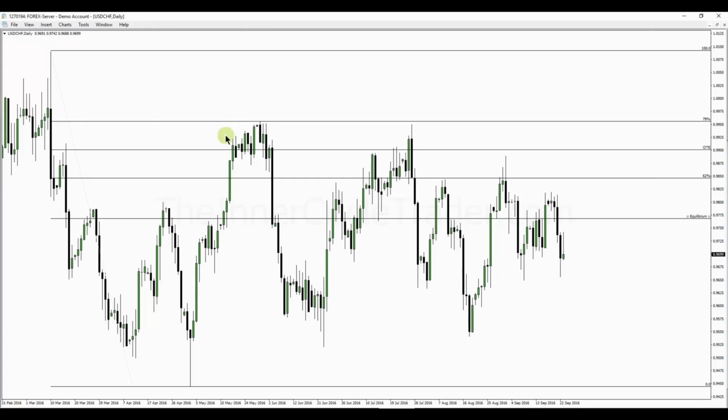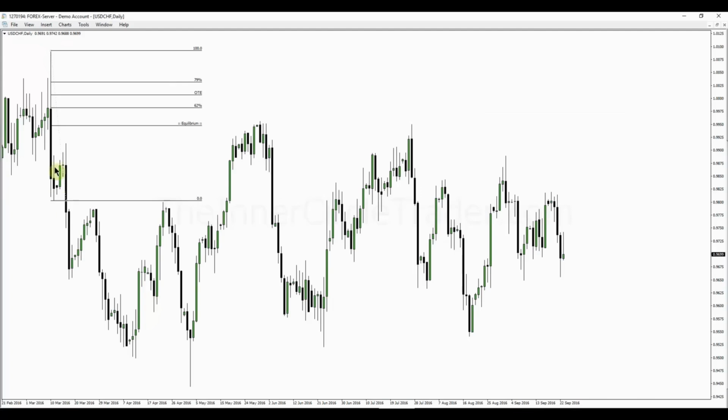We have a smaller price swing here, and we have the high down to this low, and the market starts to retrace. Equilibrium, or half of the impulse price swing, has to be at least touched, and then once it hits that, we watch for price to reach up into this area here. Now, there are other disciplines, and other mentors and teachers, who will say that the 50% retracement level is a good level to trade at based on price swings. I don't agree with that. I understand that sometimes it's going to work, but what I want to do is sell